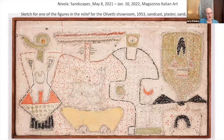And what I saw in the newspaper, which intrigued me, was this guy, Nivola. And he does these incredible sand cast paintings. And well, he's gone now. I believe he died in 1988. But these pieces are basically